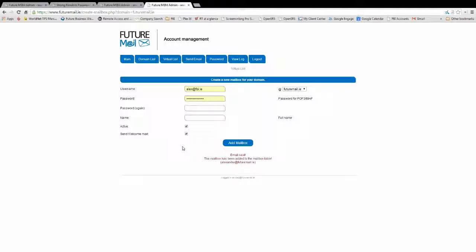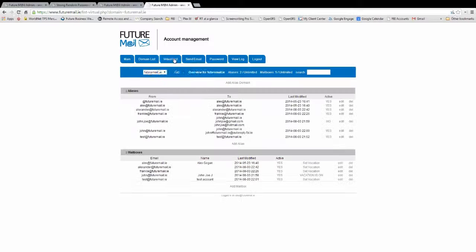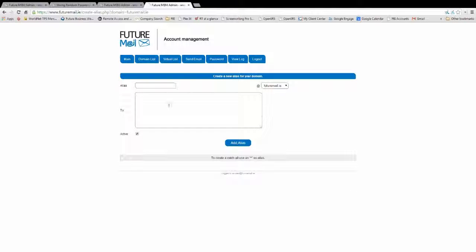Now, a welcome email is automatically being sent, because we ticked it, to Alexander at futuremail.ie. Now, we want to then create an alias for this account. Go back to the virtual list, and an alias is where anything at will go to a specific account or something that we type in. So now I'm going to type in alex.gogan at futuremail.ie as an alias. So we click here, add alias, type in the alias alex.gogan at futuremail.ie goes to Alexander